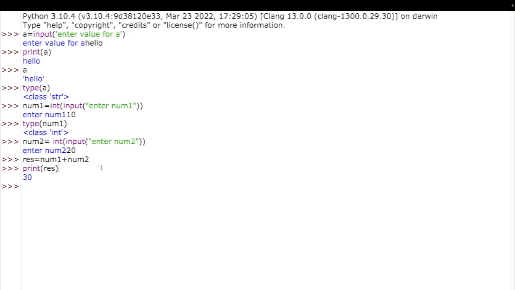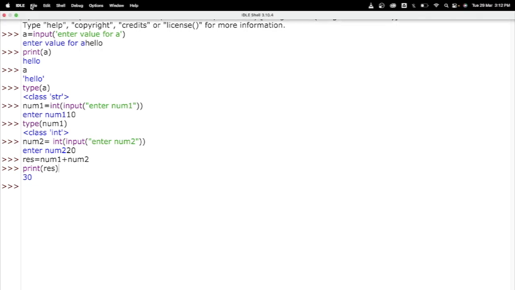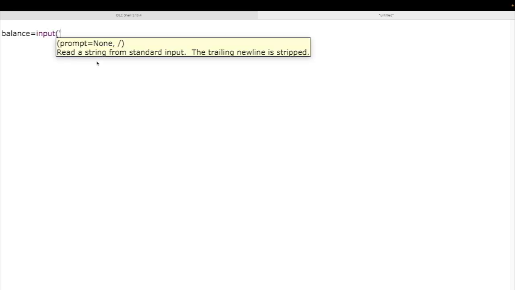Let us try to write down the same code like your C language structured program. In order to write the code like that, you need to use File, New. An empty text editor has now appeared. Here you need to enter the code. So let me write down a variable, let me say balance equal to, in order to prompt we use input, enter balance,